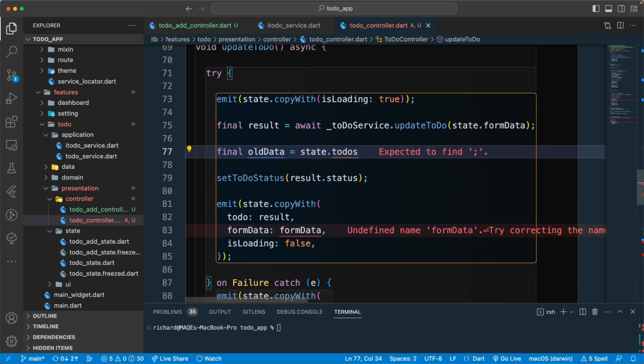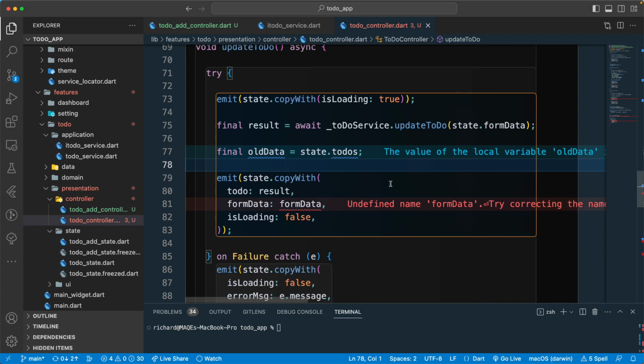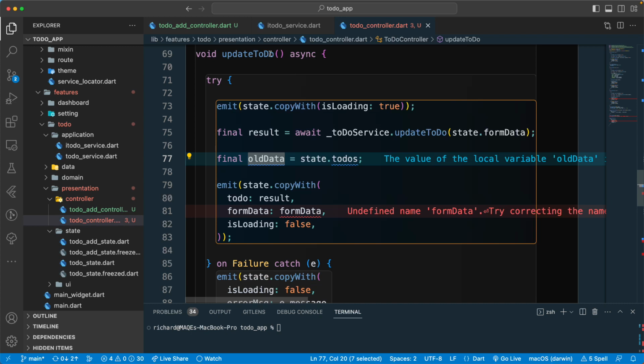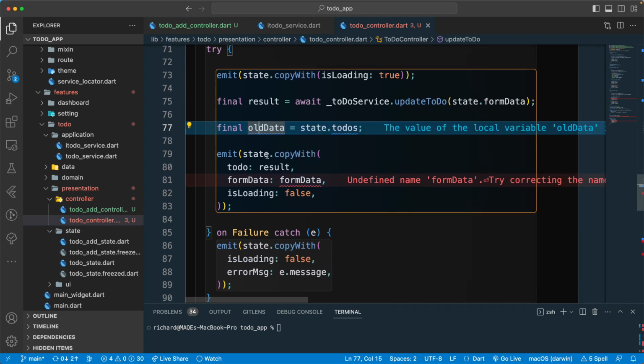So this will give us the current list of the to dos over here. And once we have the list of the to dos, just remove this one. We don't have to update the status over here, and we can emit the value. So we need to update the currently existing value over here, right? So we have updated it from here, and once we get the value, we will also update the current list over here, because this will just return us the single to do item, not the list